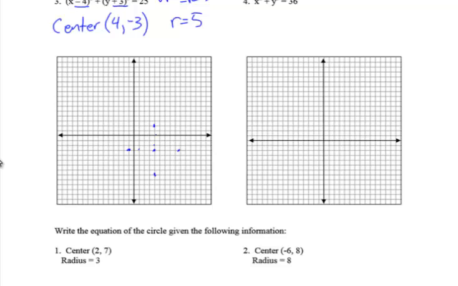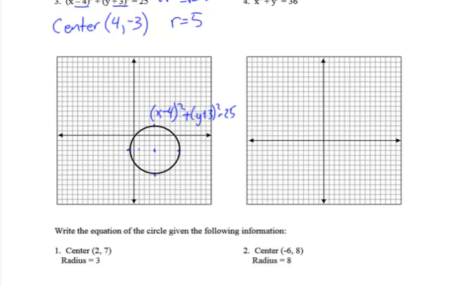There we go. Okay, and you want to use your circle tool. Having a hard time just getting the circle tool there, but we'll get it. Okay, so 4, negative 3 again. Circle tool. So we just make there's your circle. And we label it the quantity x minus 4 squared plus the quantity y plus 3 squared